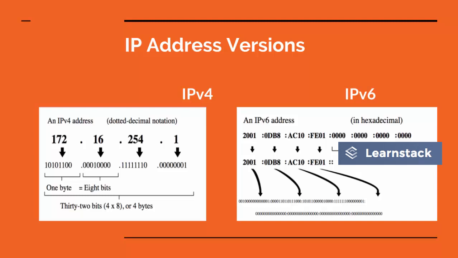Now you can see there are only 2 to the power 32 possibilities of unique IP addresses, and you can see there is a huge number of devices connected to internet at any point of time. So we are